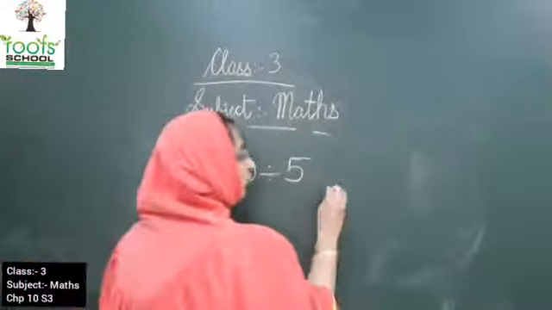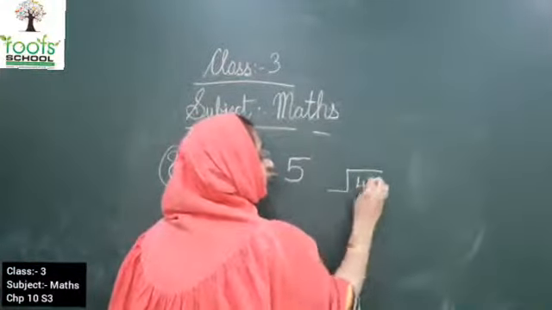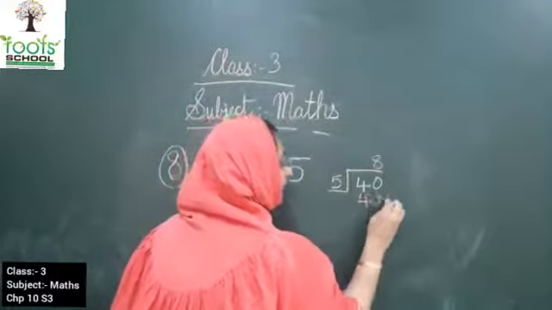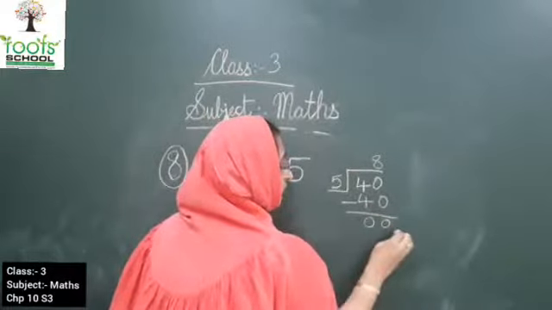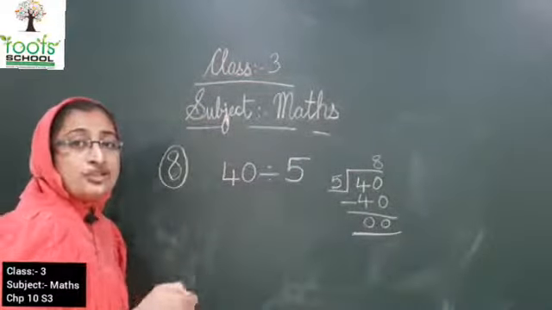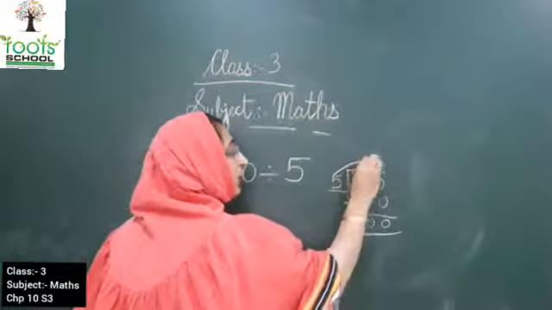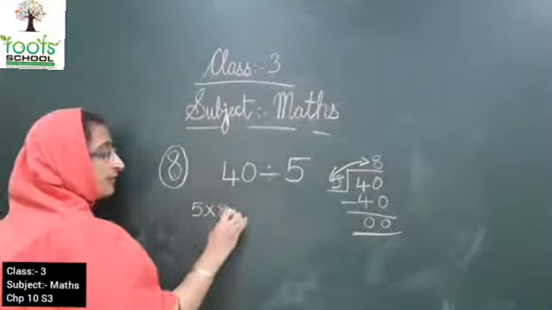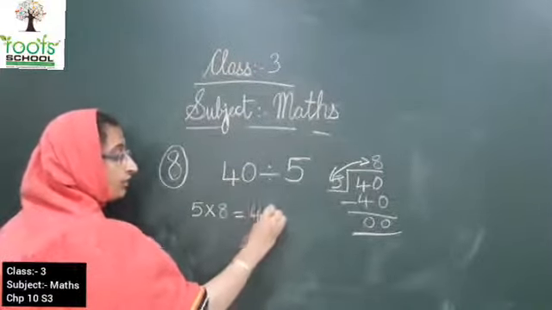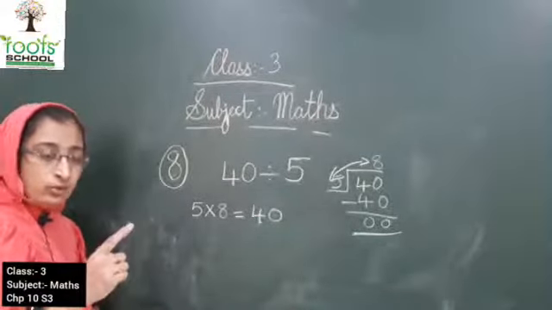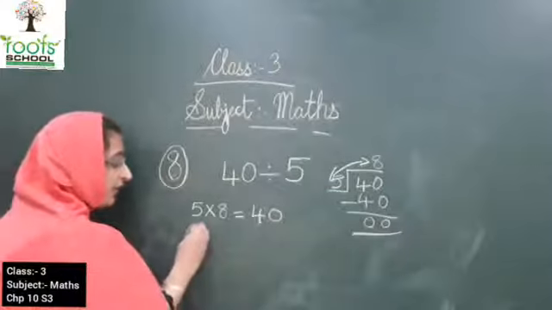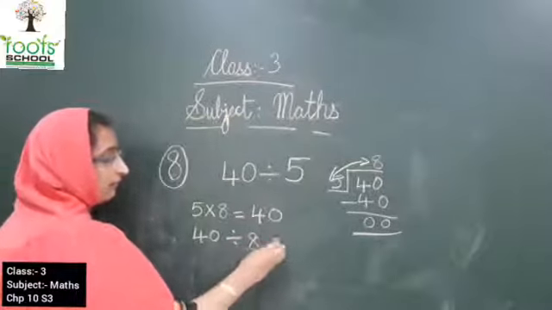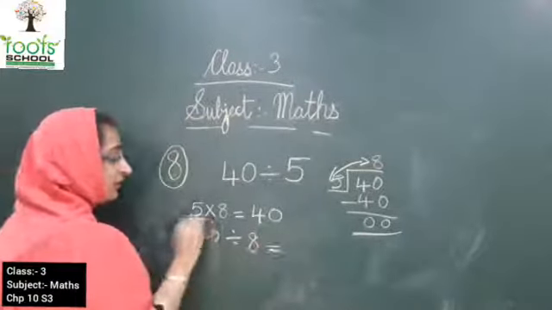Now kids, when we divide 40 by 5, this is 40 and you have to divide it by 5. So 5 8s are 40. Now what is the another division fact you are going to write? Yes. 5 into 8 is equal to 40. This is one fact you can write, and the second fact you can write is 40 divided by 8. When you divide 40 by 8, the answer you are going to get is 5.